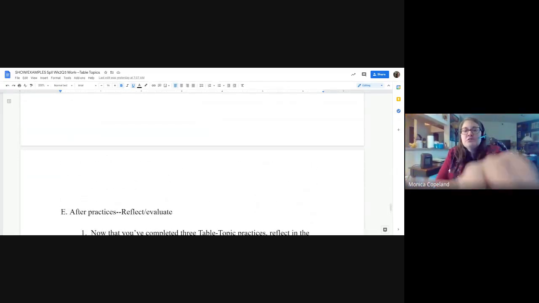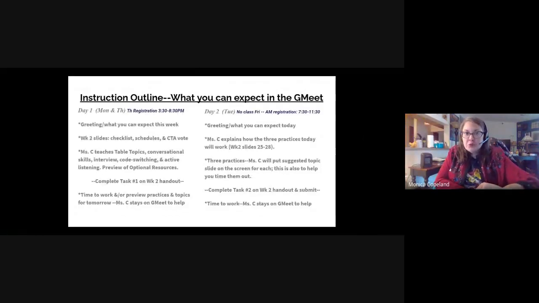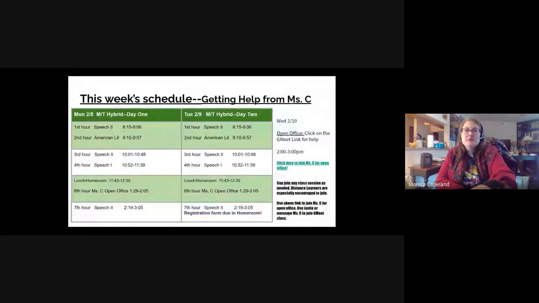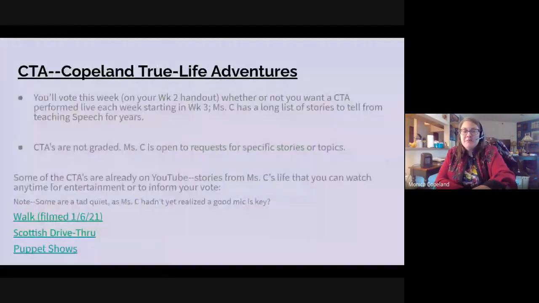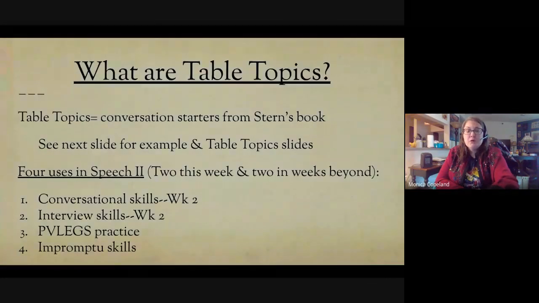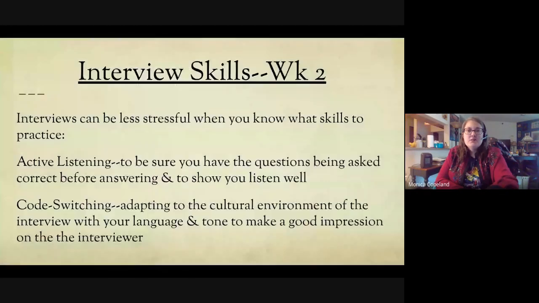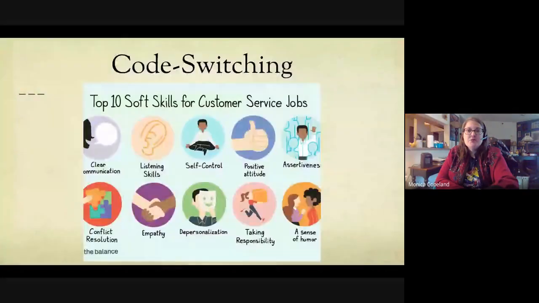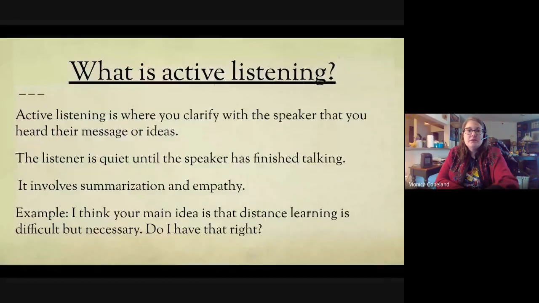Okay, so let's show you how this is going to work procedure-wise. At least this is the plan. I'm going to try and keep it fairly loose so that you have choices and so you can do what's most comfortable for you. Let's get to the slide that has the procedures on it.